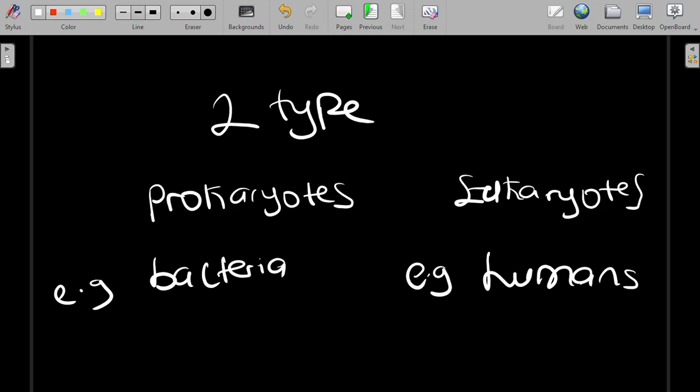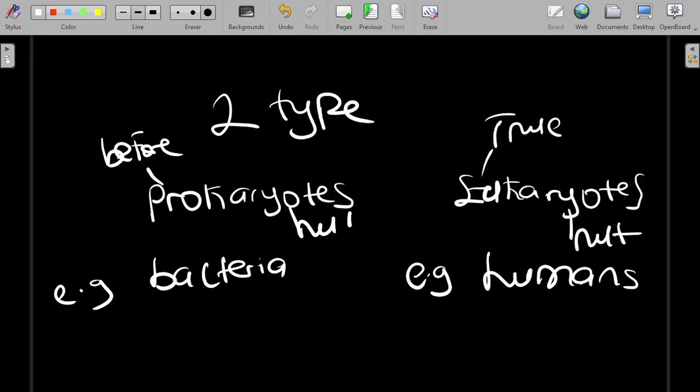So first, what are prokaryotes? The word pro means before, and the word eu means true. And this karyote here means nut or nucleus. So you can say it, driver, you are driving me karyotes. That is the language of a biology student. Hey man, you are driving me karyotes. You have actually said you are driving me nuts. So the word karyote means nuts. So before nuts, that's what's called prokaryotes, or before nucleus. Eukaryotes means true nucleus. That is the implication.